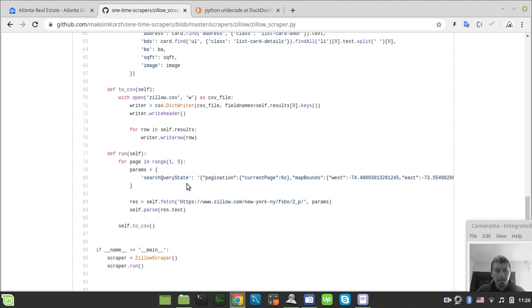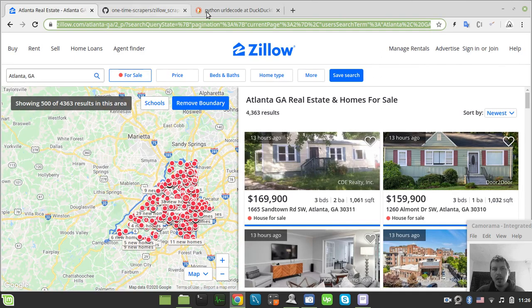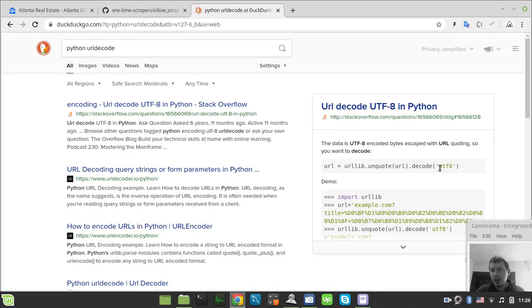So here in the initial implementation I did have a decoded version of the URL presented, and here is the trick for how we can actually do this. So let me just try to copy this